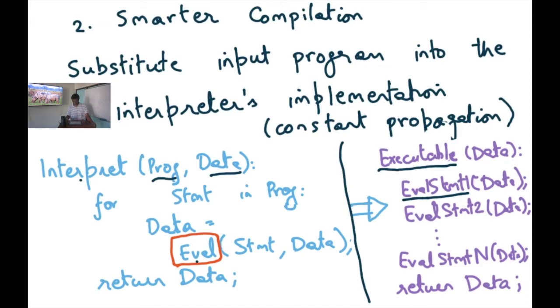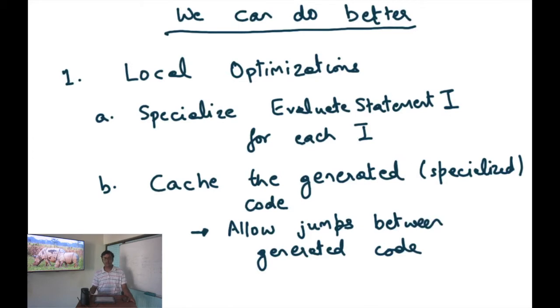And the second thing here is that I completely got rid of the for loop, right? So I don't need to have any for loop here, and I can just zip through all the statements one after another. Notice that I'm assuming here that there's no loop in the source code and things like that, and so it was possible to do something like this. All right, this is an improvement over the trivial compilation because A, I have removed the loop, and B, I have specialized the eval function for each of the statements. All right, but we can do better.